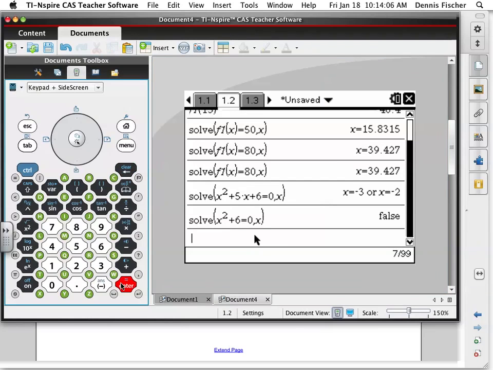X squared plus 6 equals 0. False. What does that mean? It's not true. Is it? No solution. It means it's imaginary answers. Remember i? Imaginary answers. Now if I just change one thing here,